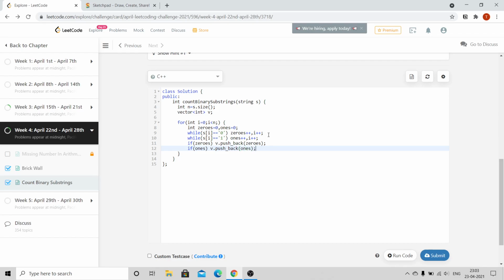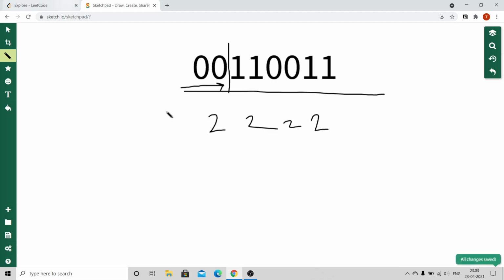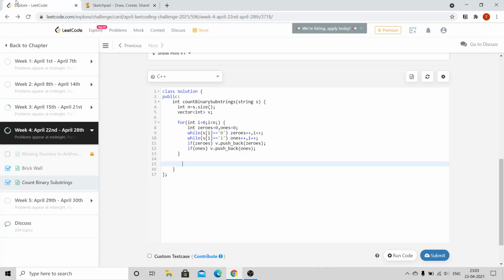So now I have a vector which consists of all the frequencies of zeros and ones in this string. So the vector will be 2, 2, 2 and 2. Now I just need to find the minimum of adjacent elements and add them as I showed before.